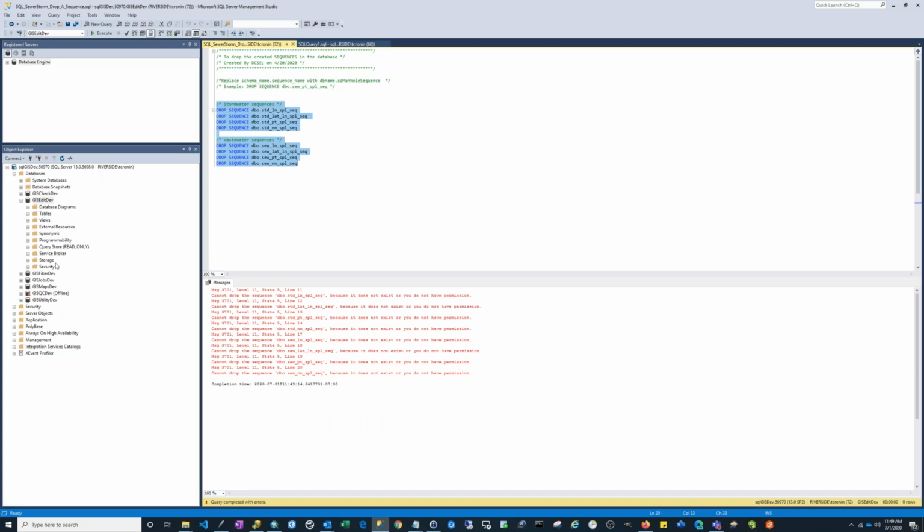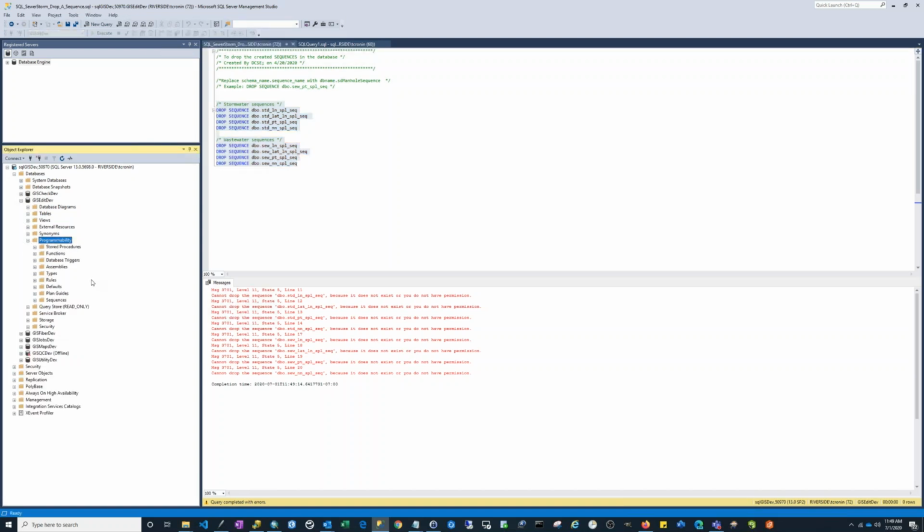Where do they get stored? Can you do select star from? So you are saying it cannot be found, does not exist, no permissions. Okay. Where did you create the sequences? Star from